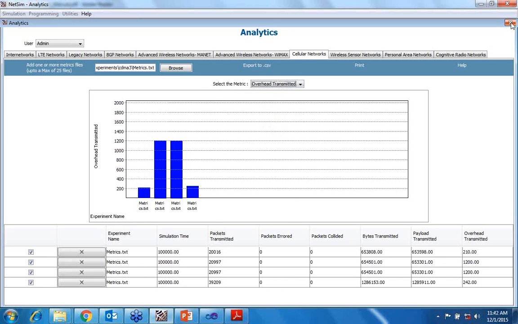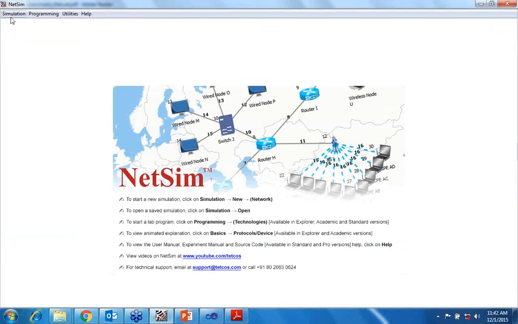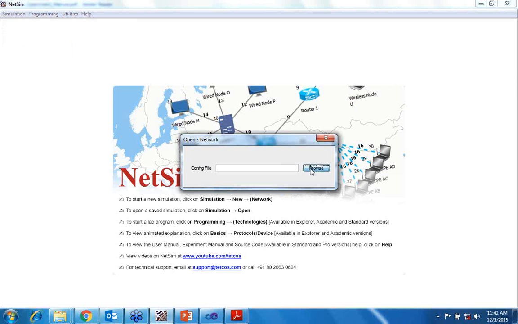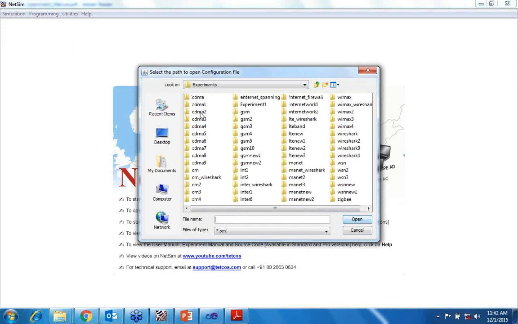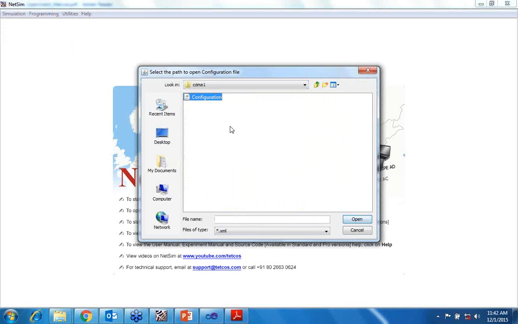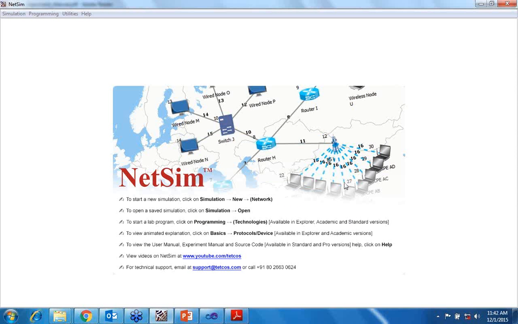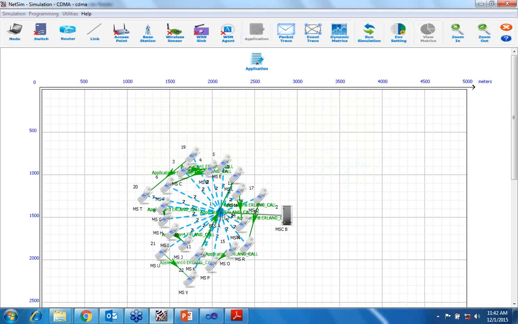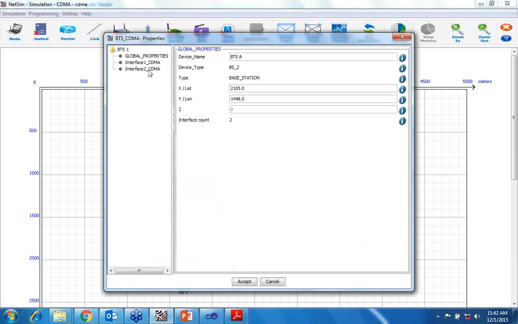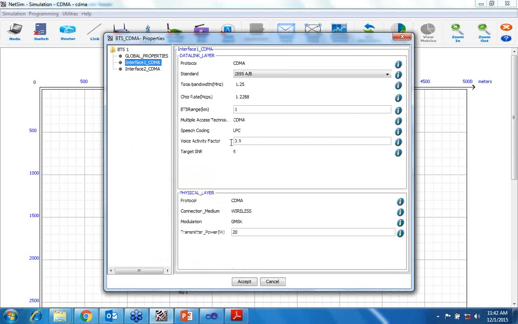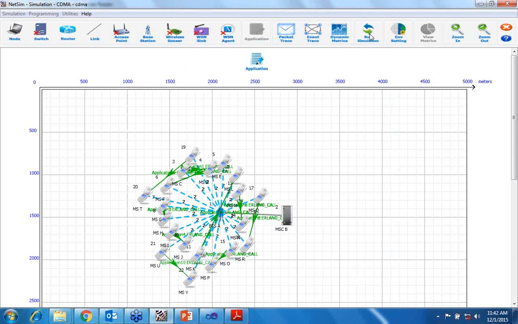Now, as we have done, the voice activity factor is 1. Now we will decrease the voice activity factor to 0.9, 0.8, up to 0.1. So I've already made it, like in CDMA1. Here I've chosen the voice activity factor is 0.9, from 1 to 0.9. So when we accept and simulate it,